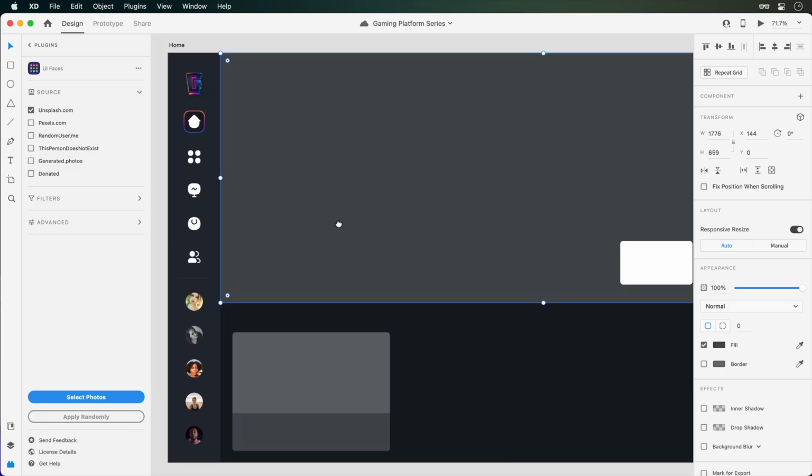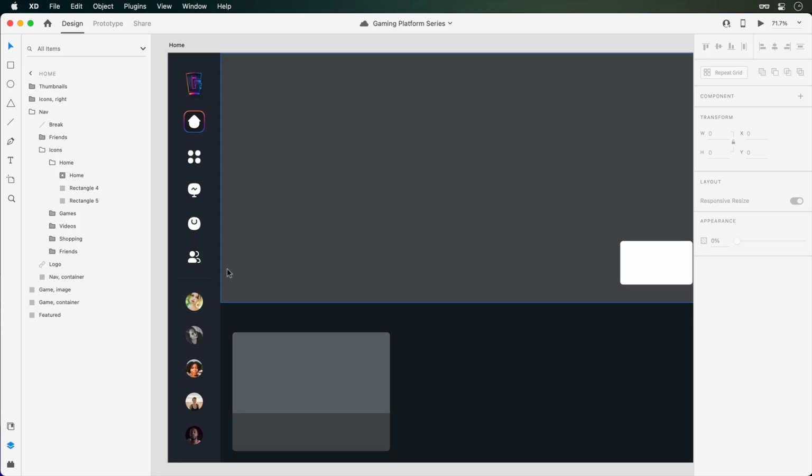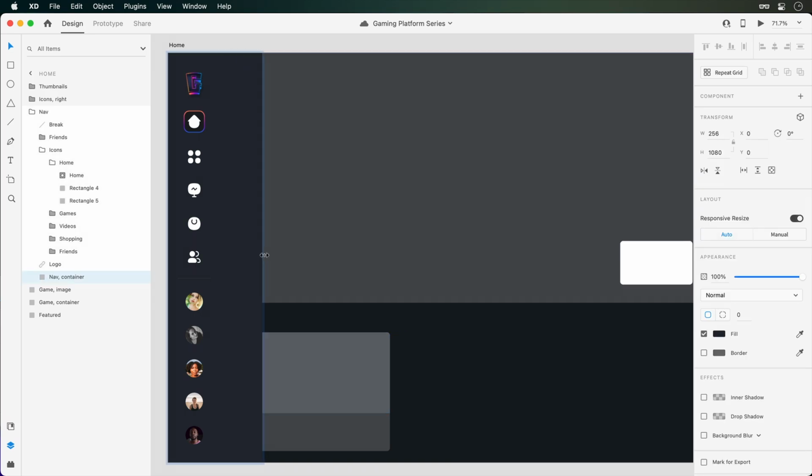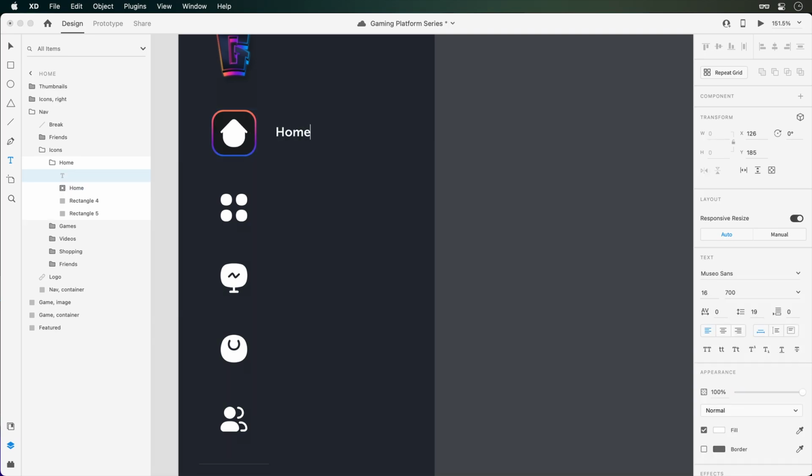Alright, the bulk of our content is now in place, but seeing that we're going to be creating an expanded view for this navigation bar, we need to start thinking about what that's going to look like. Pulling out the main container for a moment, let's add some additional content, and in specific, text layers that will settle beside the icons. Now, we'll want to make sure we add these text layers inside the individual groups along with the icons so that they remain on the same row.